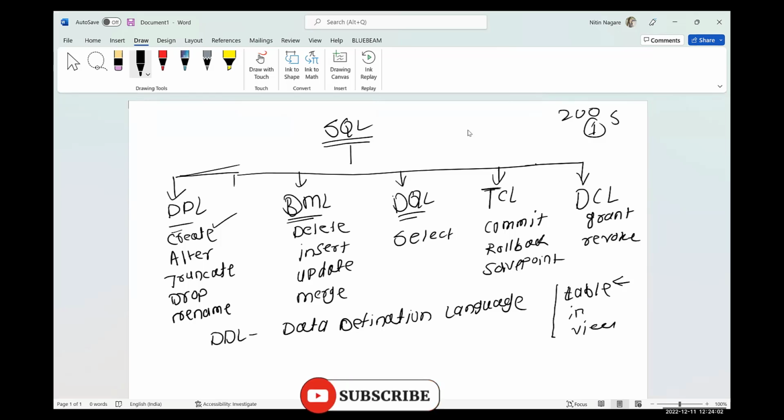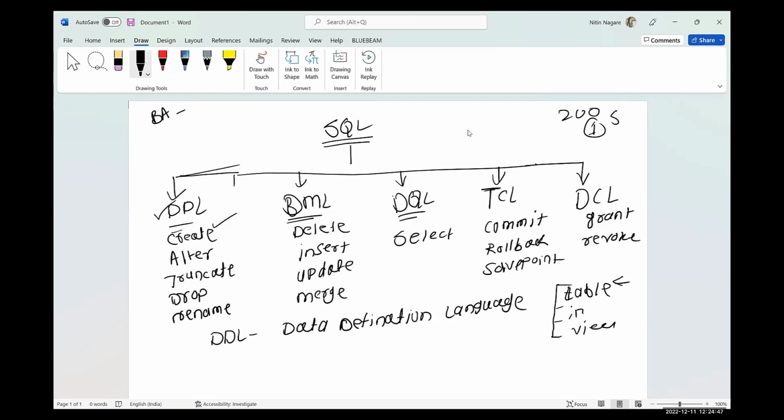Now, to define or create these objects, we need DDL, data definition language. To create any object in your database, we need DDL commands. So if I want to create a new table, say I am a user, Nitin. I got a requirement in a company. My BA assigned me one Jira. Some people might know the Jira application, in which we get requirements. So my BA assigned me a requirement asking me to create one table into some schema, some user. Then he will provide me the specification of that table.